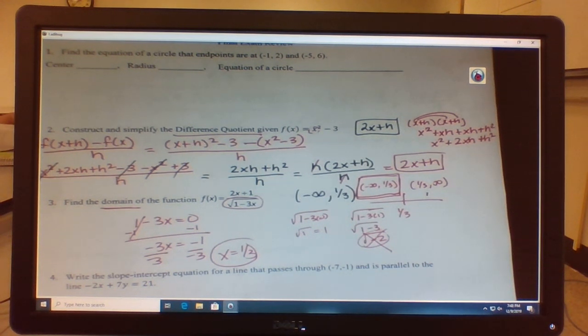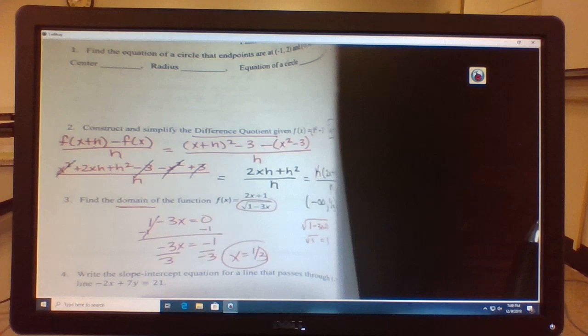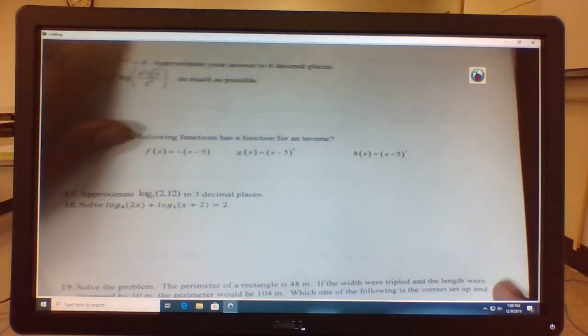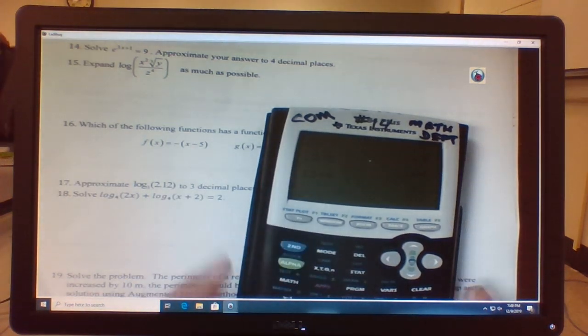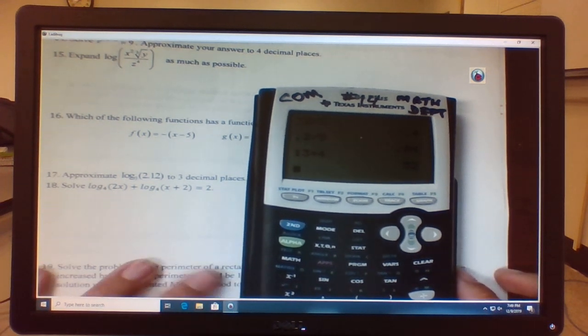Number 17 is just a plug into the calculator. Okay, so then it goes down, but it says approximate. Approximate means just you're rounding. That's all that means. So for number 17, on your calculator,